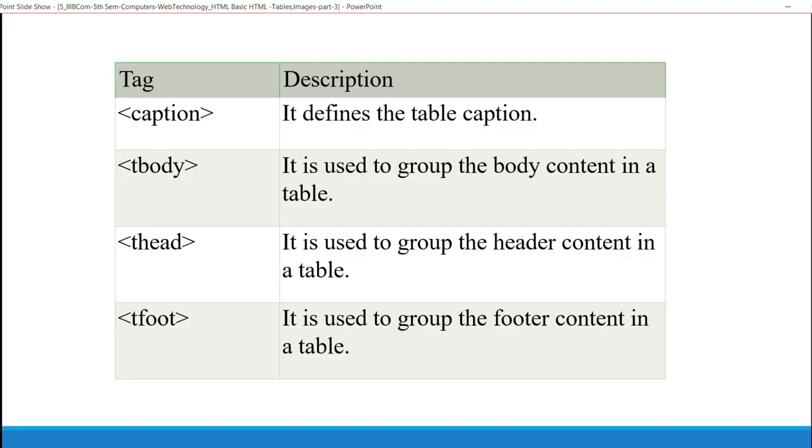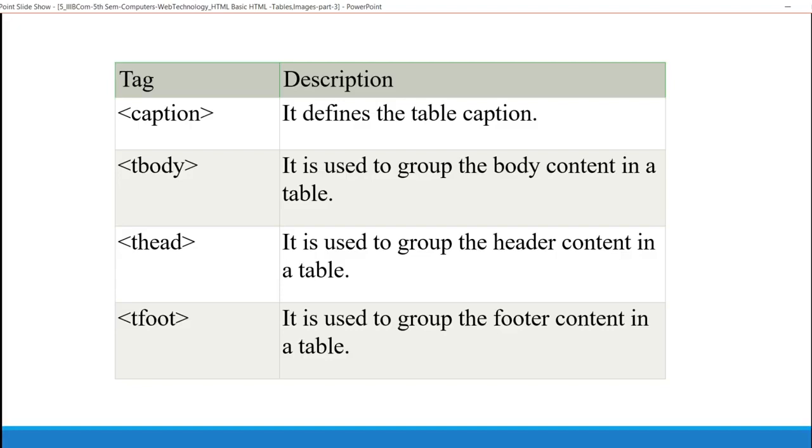If I want to display a name above the table, for example, salaries of this month, employees, students of BCom. If I'm preparing a chart for BCom students, first year, second year, third year, then I keep a heading for the table, the caption is data of third BCom students. Then you use a caption tag.